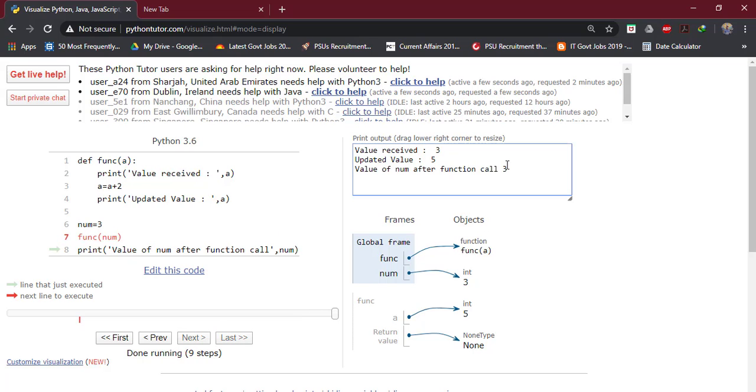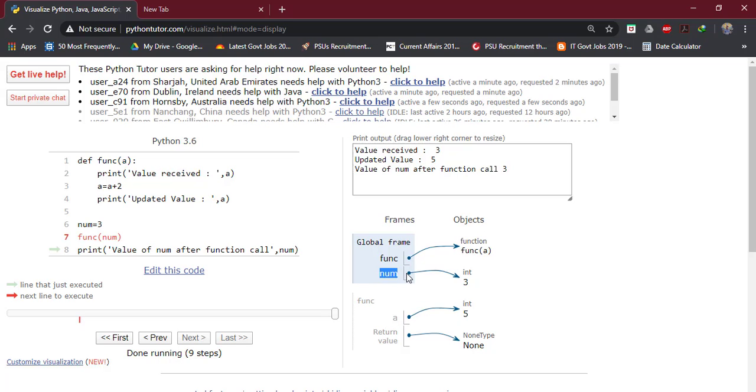It is 3. Why? Because within the function call, when we updated the value of a, the reference pointer of a changed to some other location, but the reference pointer of num remained the same. It does not change the pointer to value 5, even after the value of a got changed in the function func.